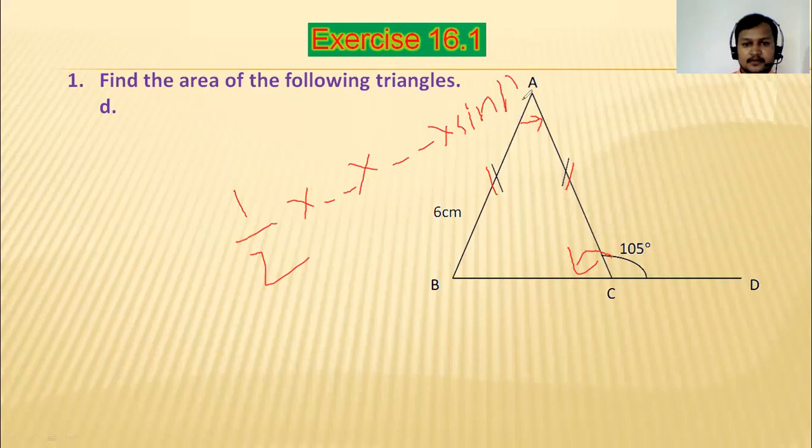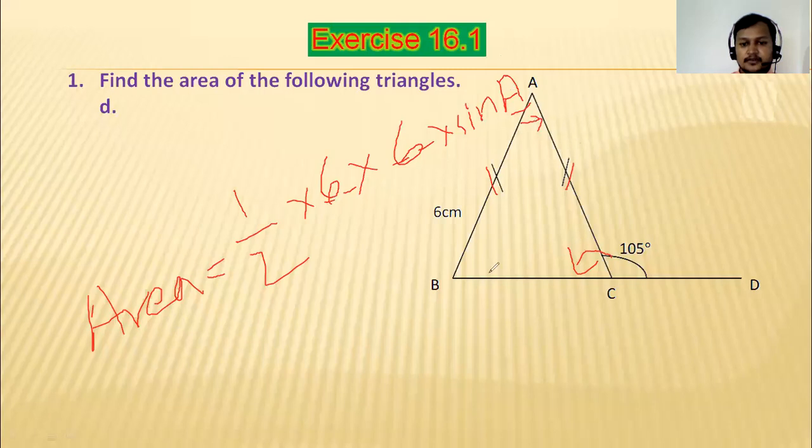Sine of angle A आउने हो यहाँनिर. Because which two sides are given? AB and AC are given to us. So this will give us area. यसरी area आउँछ. So for this reason, we have to find out angle A. And after finding angle A, product of two sides, this will be 6. एउटा side 6 छ, अर्को side पनि equal छ, अर्को पनि 6. Area is equal to 1/2, 6 into 6 sine A. A we will put the value which we will calculate from here. यो दुईटा value निकालेर A जुन आउँछ त्यही value यहाँनिर राख्छौं.